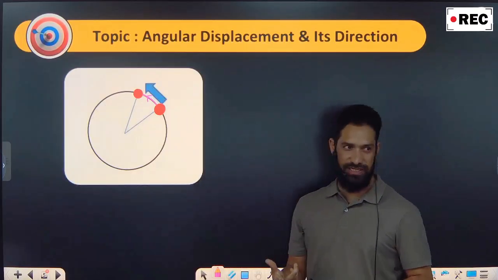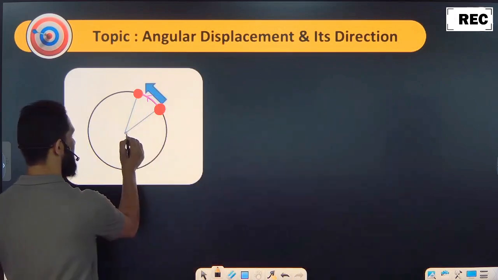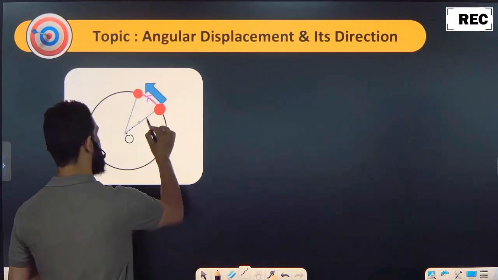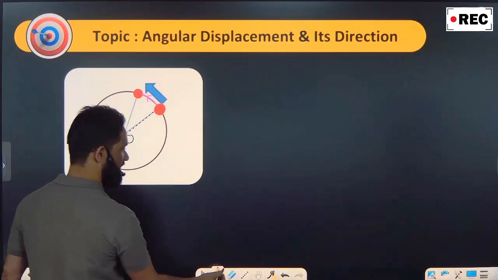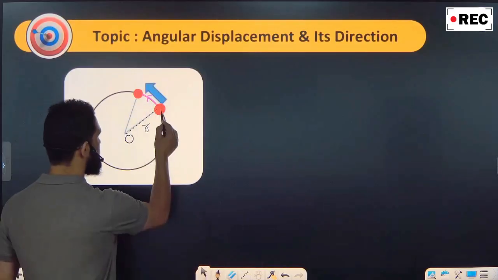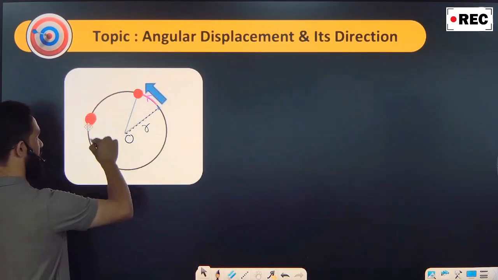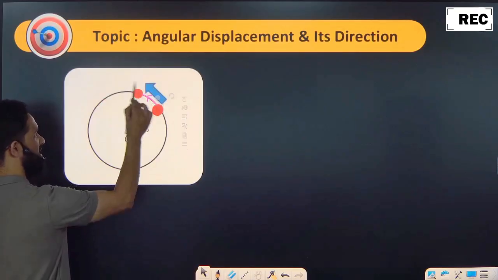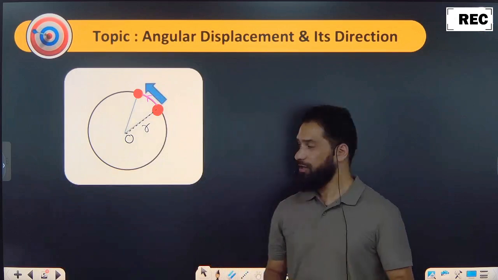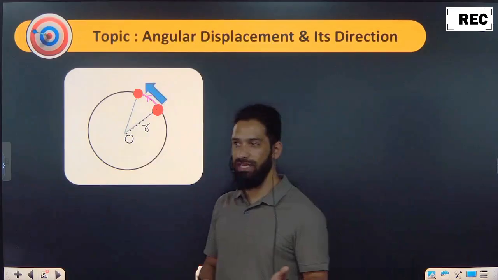Circle is the collection of points which are equidistant from a fixed point. This fixed point is called the center. I name it as O. And the fixed distance, this distance at which the body will always be equidistant, this is called the radius, R, radius of circle. So if a body moves such that it is always at a fixed distance from a fixed point, this is called circular motion. So any path which a body goes on from a fixed point at a fixed distance, that will be called a circular path, right?